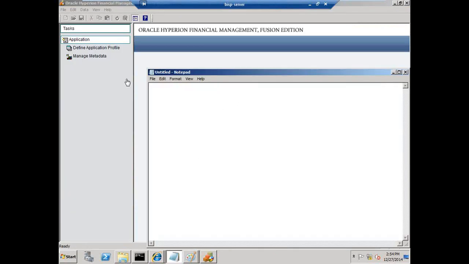First, I need to identify the entities participating in intercompany transaction, and they are called intercompany partners. Then we identify the accounts